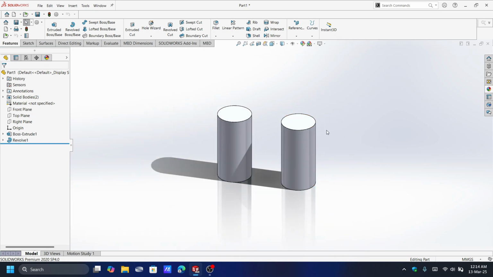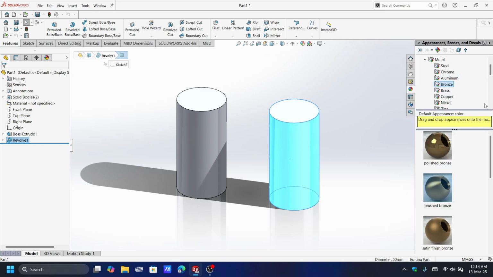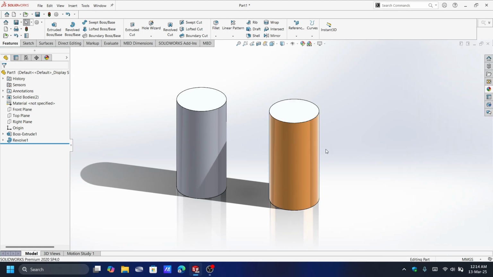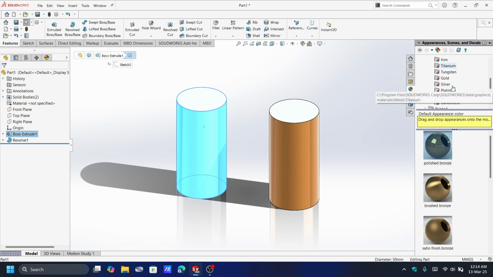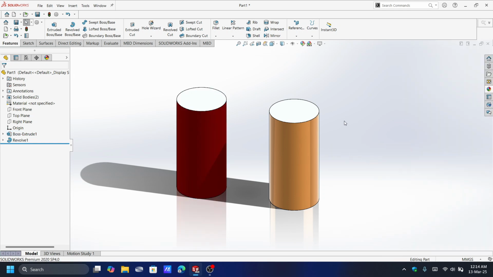Now let's give some appearance to our cylinders. So select a part, go to the appearance tab in the right corner, click here and select whatever you want, metal, plastic, it's up to you. I would select bronze, let's say. See, for this one, go to appearance, let's say paint it. Yeah, see,